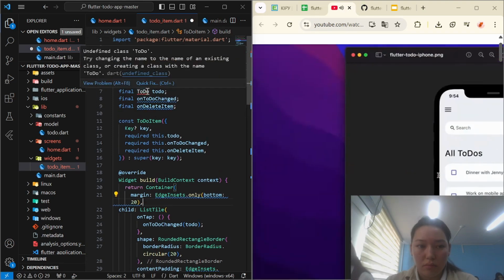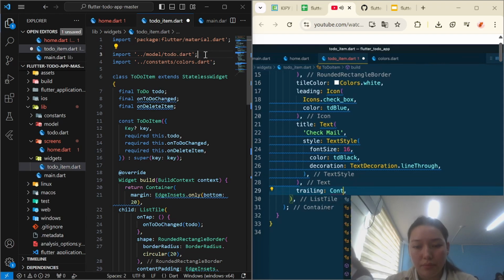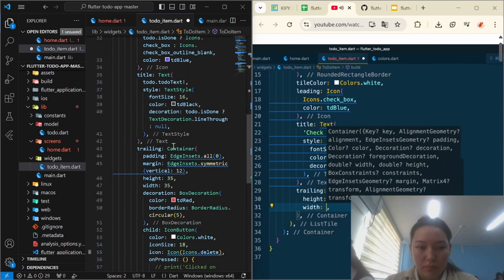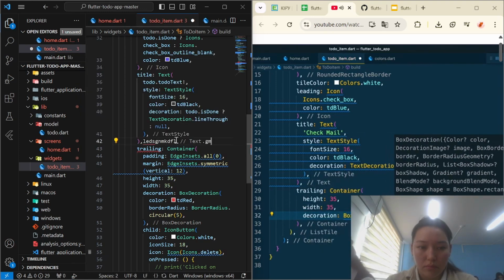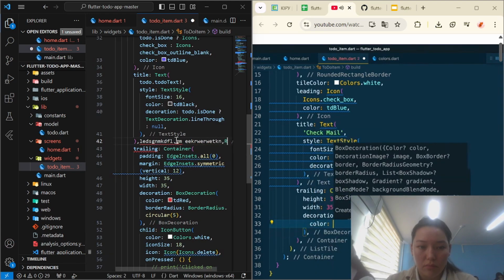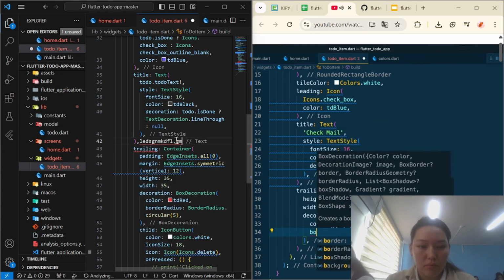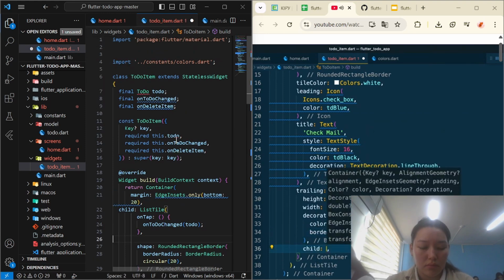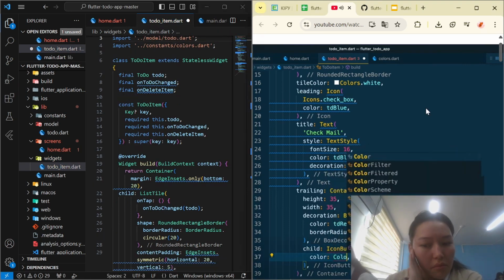And after that we have the delete icon, and that we can provide by using this trailing attribute. And here we need to use a container widget. For the height and width of it, I will use 35. For the decoration, let's use box decoration, and the color of it will be red color, which is our custom red color. Then let's use the border radius with 5 pixel circular value, and for the child of it I will use icon button. For the color of this